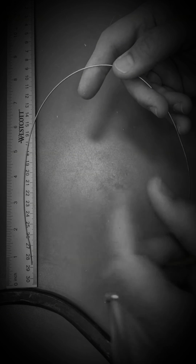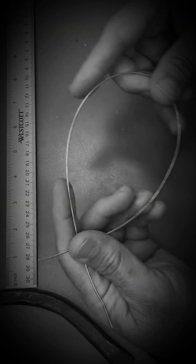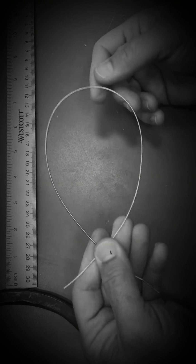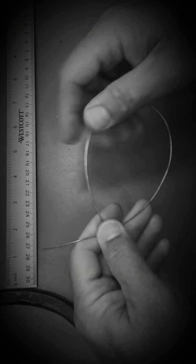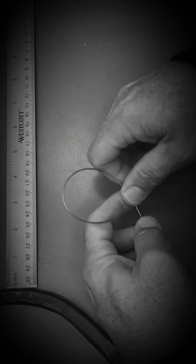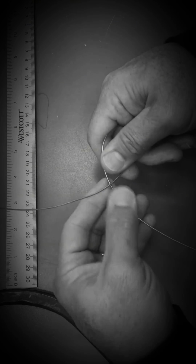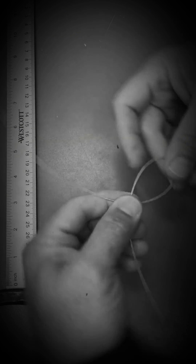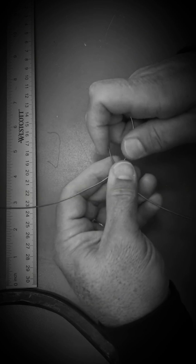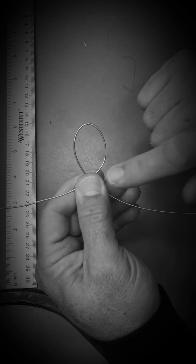size or the diameter of the loop, you cross the ends together. The wider you want the loop, of course, the less you cross, but I don't want it that big in this case. The trick is, in this case, I want it equal, so I want to make sure that I have the same on both sides, and it's not going to be a huge loop, but now I hold it really tight